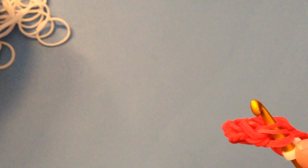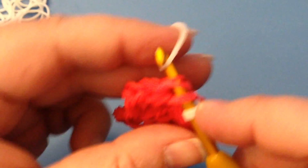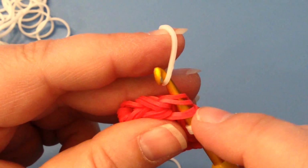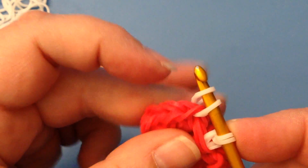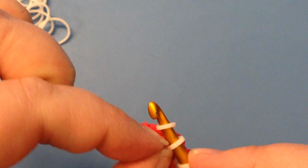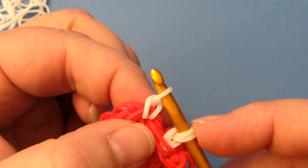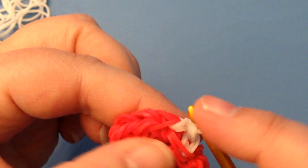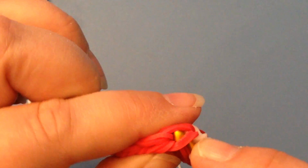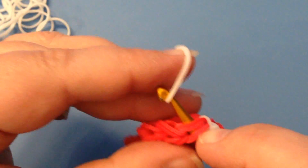We're going to do 3 little stitches in this top one. So you're going to take your first white band, pull it through and reclaim, and you're going to take one end over the other, and then you're going to pull that loop through these two little loops like that. Now go into that same stitch again, to that side and to that side, and do it one more time,